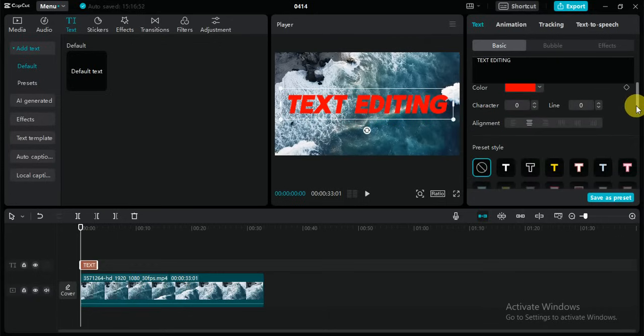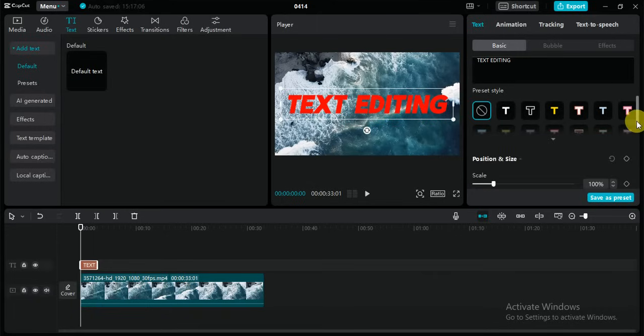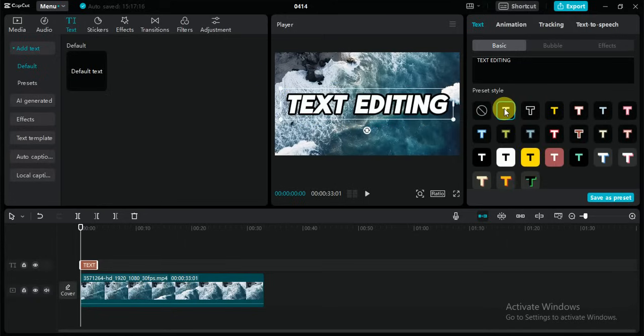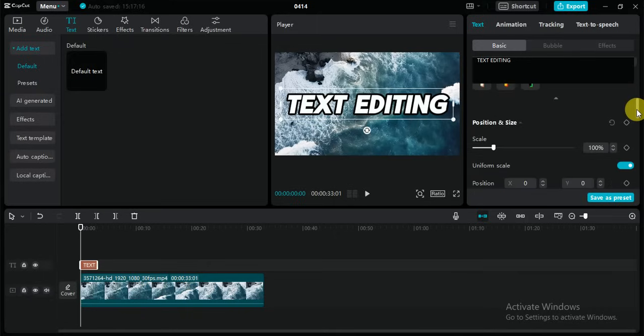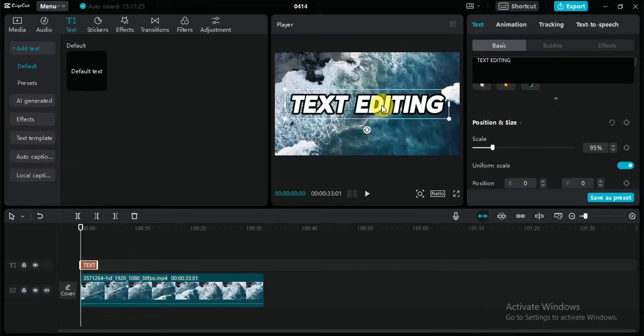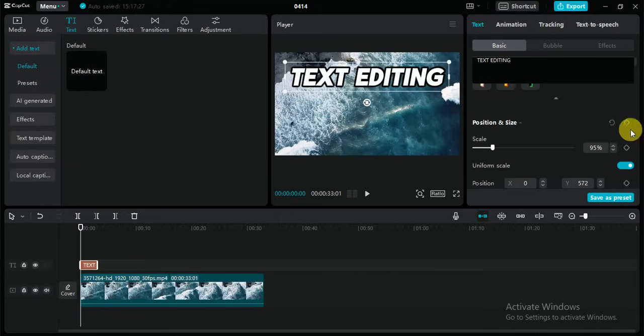After that, character spacing, no. Line spacing, there is no line, so that's why. Alignment, and you can also choose presets, ready-made presets like this one, like this one. So I choose this one, and after that, position and sizing, you can also scale up, scale down, or position in this way,